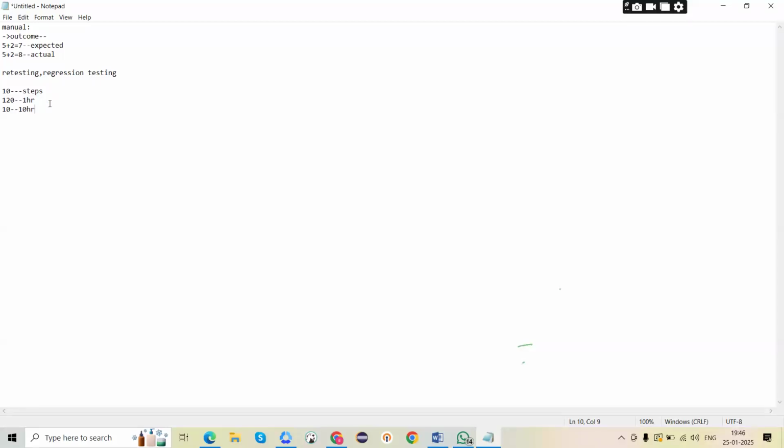It's not a big bug also, not like the submit button is not working. So for me, it takes around 10 hours because I need to repeat all these 120 steps, right? If I write automation code, while writing the automation code it may take time, suppose 8 hours. But whenever a bug is raised, I can just click run. That's it. I don't need to follow these 120 steps, right?